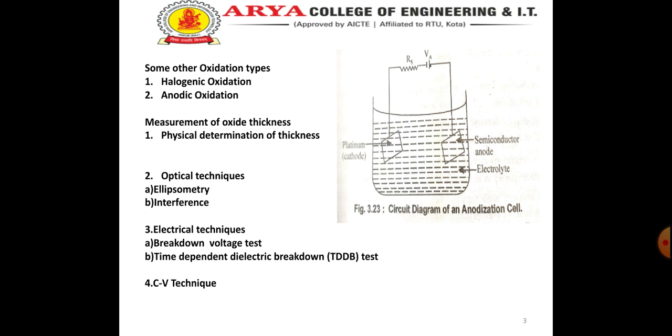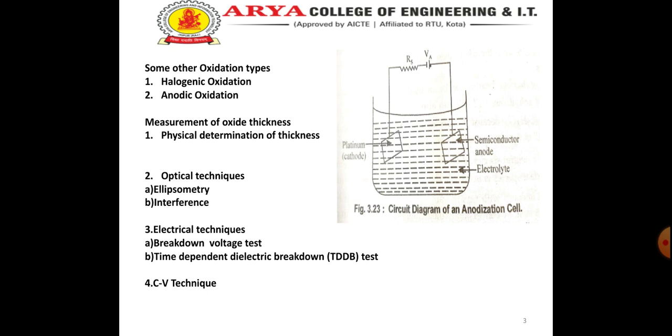Halogenic oxidation. Addition of halogenic species during dry oxidation results in significant improvements in the electronic properties of oxide and of the underlying silicon. Generally, we use chlorine for this purpose. Oxide with incorporated chlorine has high dielectric field strength and improved threshold stability. In addition, an improvement in the lifetime of the silicon results from the use of these oxides, as well as reduction in the number of stacking faults.